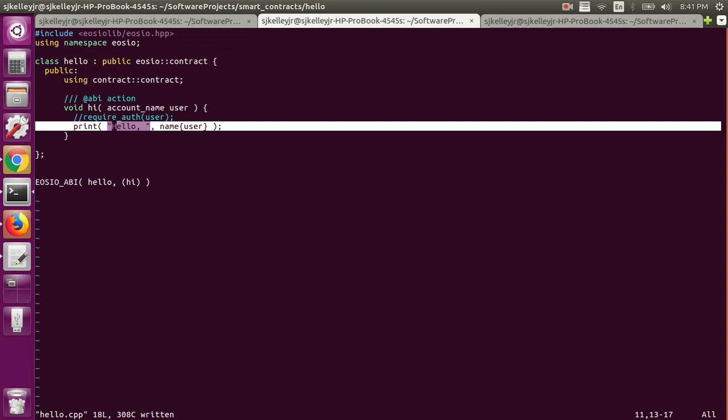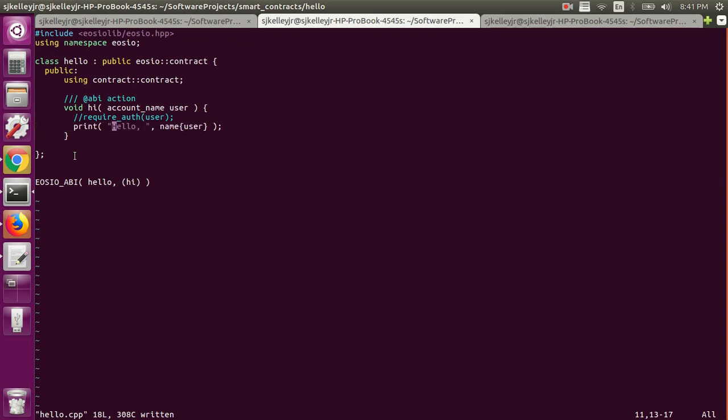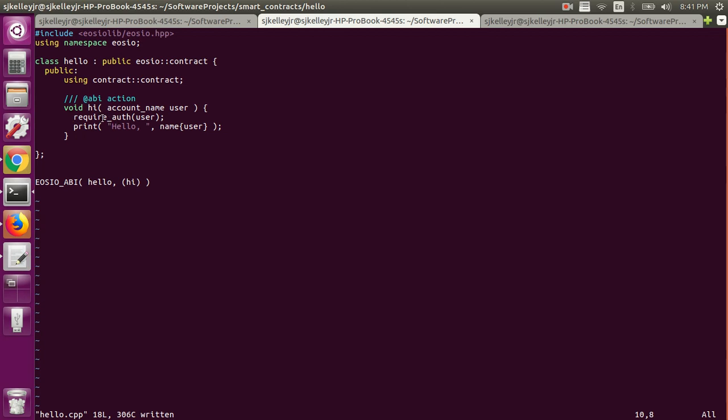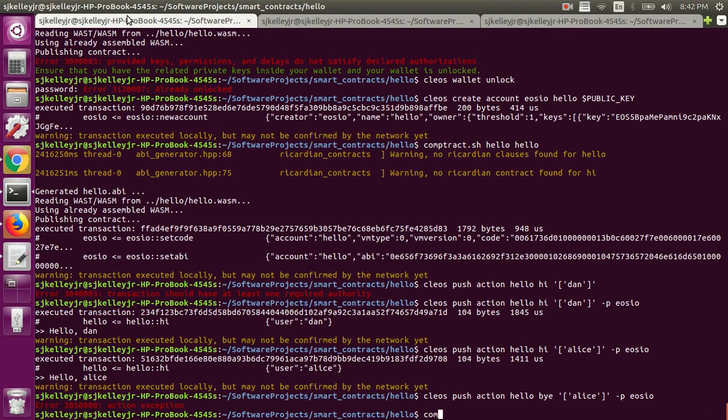One more thing that they show you in the tutorials, and I think this is a good thing to know about, is you can require, again, this is in the EOSIO lib, this require auth function, and what this does is it requires the transaction be signed by whoever you pass in here. So in this case, we're passing in the account name of the user that we're wanting to say hi to, but we're requiring that they have authorization, that they've signed the transaction before we do that. So if we run contract again,